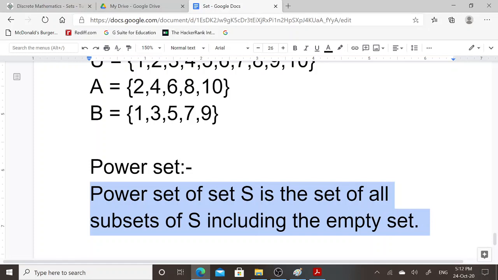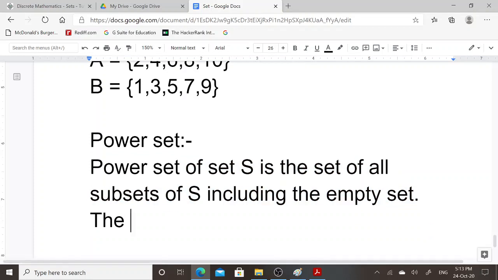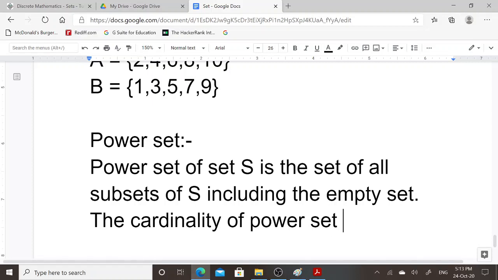The cardinality of a power set S is 2 to the power n.